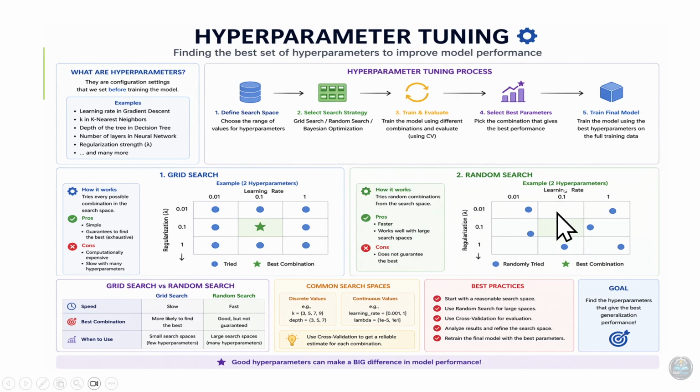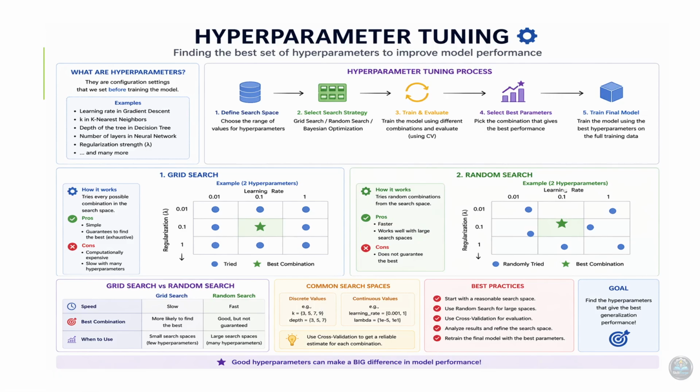So our goal is to find the best hyperparameters that give the best performance on unseen data. So you should try different settings and evaluate them, and on the basis of that you should pick the best one. Better hyperparameters means better model performance. Hyperparameter tuning is like adjusting settings on a machine to get the best output.